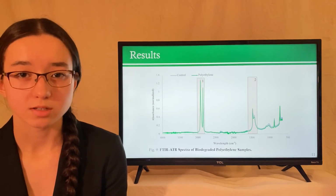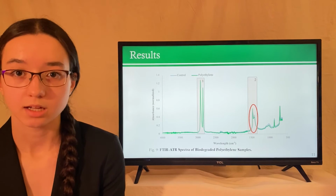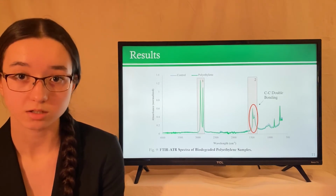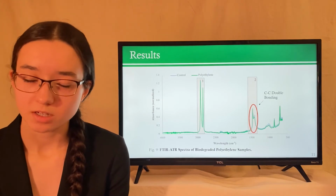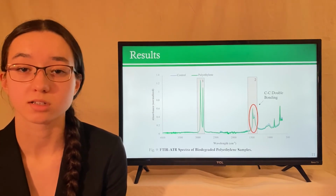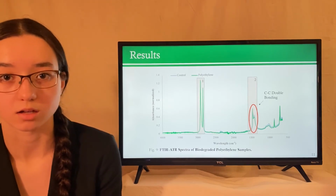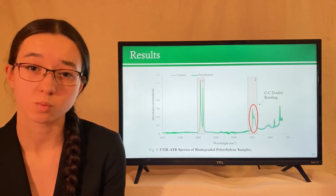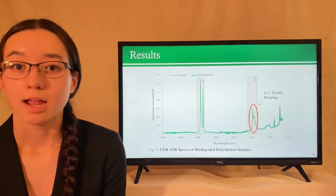So the reason for this difference is likely due to this peak right here. This peak is representative of carbon-carbon double bonds, long chains of them. And these long chains of these bonds are not normally found in nature, meaning that microorganisms are not equipped with the pathways to degrade these long chains of bonds, which is why polyethylene is very indestructible, very hard to break